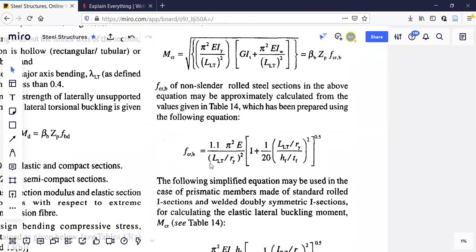What I did was I used FCR, this calculation I have done. From this, I was able to calculate the bending strength, that is FBD, using the table also. Now in today's method, I am going to calculate MCR. Then after calculating MCR, I am able to find out the MD value. That is slightly different.